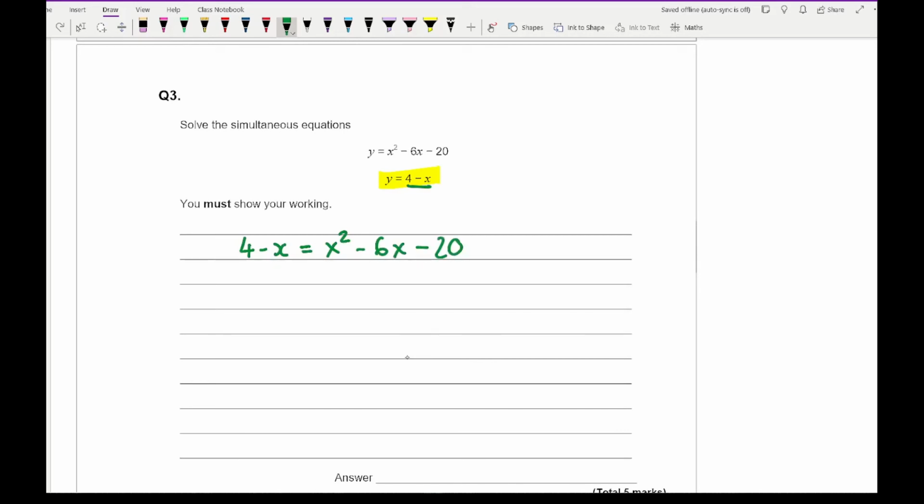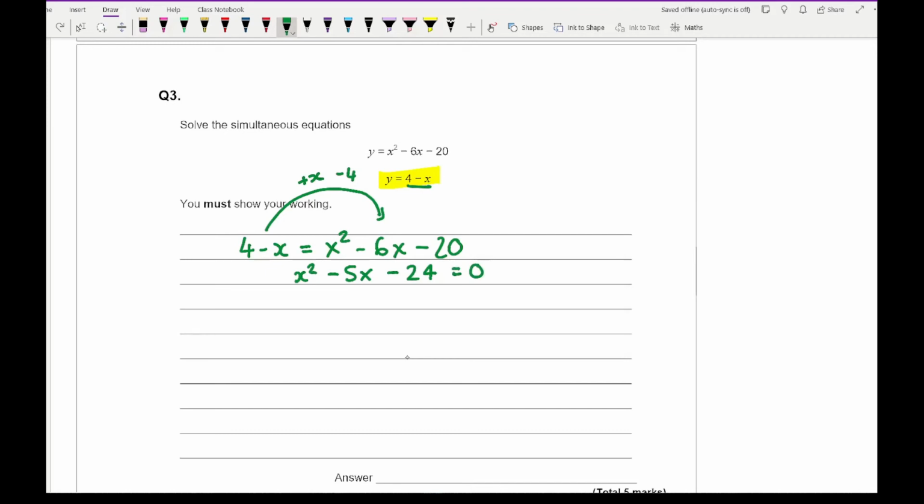Now you can see here that in this question there's no mention of rounding, so odds are I'm going to be solving by factorizing. So I'm going to take this over to the other side. So I end up with x squared, and then it's going to be minus 5x, and then it's going to be minus 24, because I'm going to be adding x and taking away 4. So minus 6x plus x is minus 5x, and minus 20 minus 4 is going to give me minus 24,